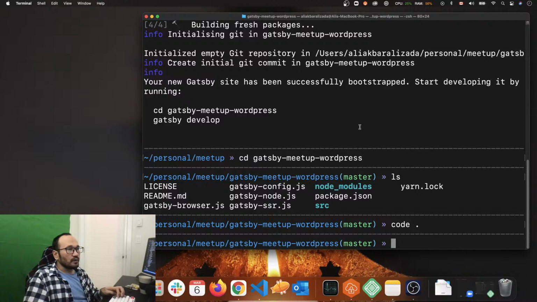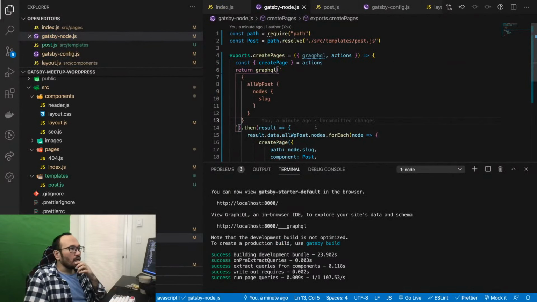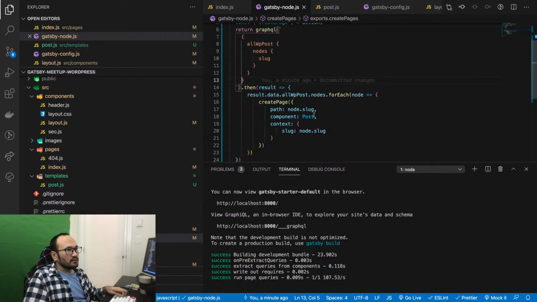So I'm going to see what the problem is. All WP post nodes slugs. Okay, return GraphQL, then create page, and so we have all WP posts, all WordPress posts, node forEach, create page, and node.slug, component is a post.